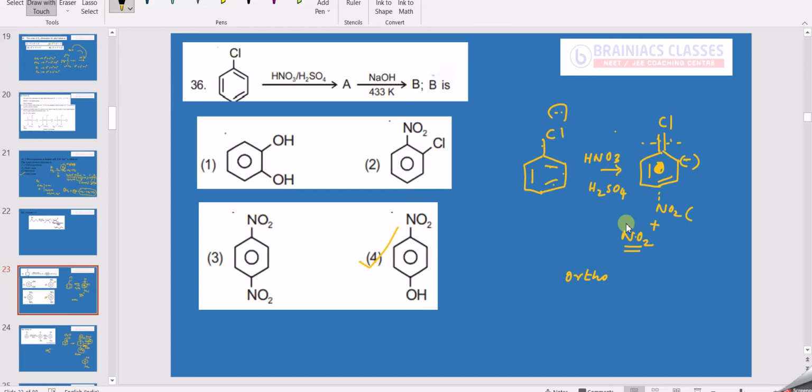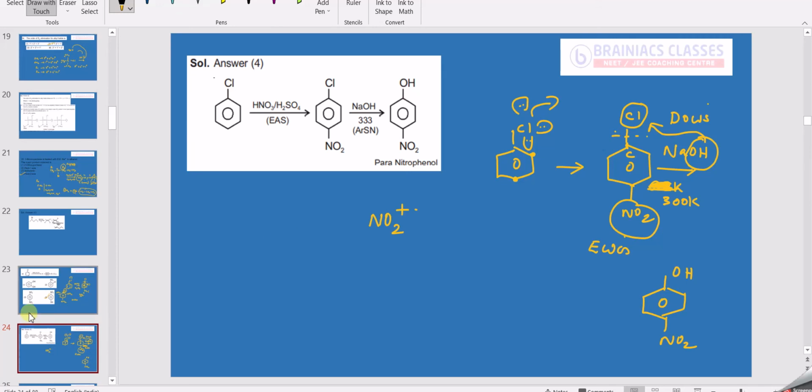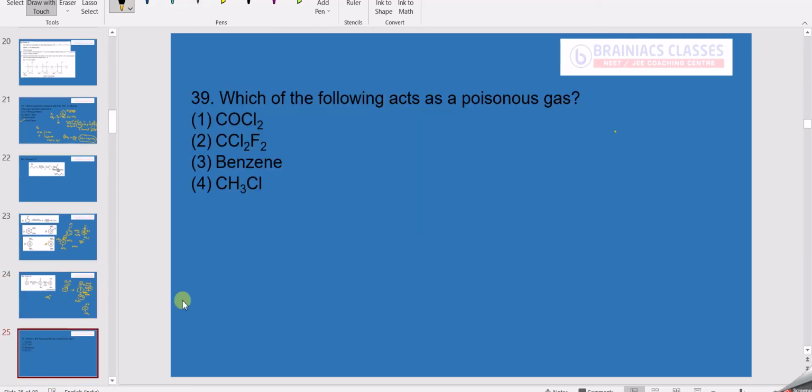So that's the reason why the textbook says that if you have more number of NO2 groups at ortho para position, for example, NO2 at ortho, NO2 at para, and one more NO2 here on chlorobenzene, it is very easy to break this C-Cl bond compared to the one with one NO2 group. So as many NO2 groups are at ortho para position, you can easily break the C-Cl bond in a haloarene. Please remember, this is a very important question for NEET exam. Okay. Now let's go to next question.